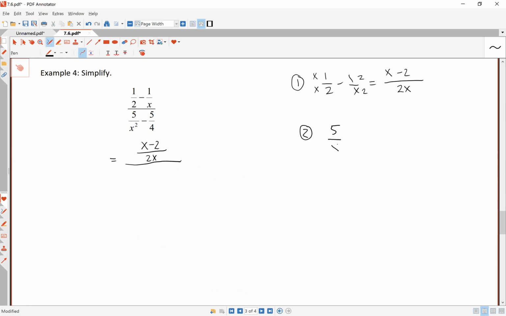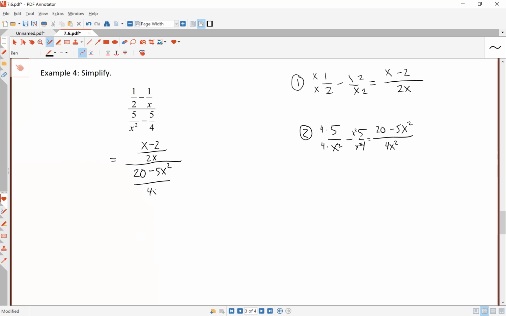The bottom, 5 over x squared minus 5 over 4. Their denominator is 4x squared. The 5 over x squared needs a 4 top and bottom, and that leaves me with 20. The 5 over 4 needs an x squared top and bottom, leaving us with minus 5x squared. So we have 20 minus 5x squared